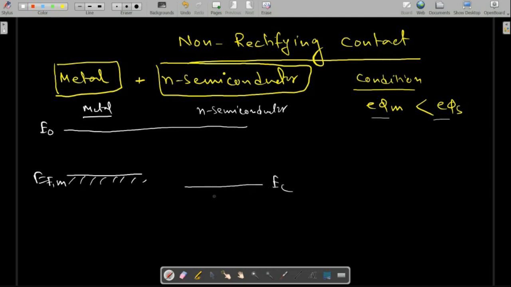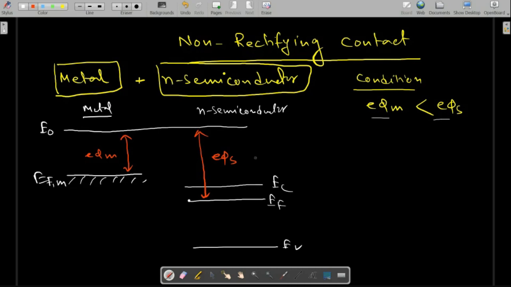The conduction band position is here. Let the Fermi level be here and the valence band here. Okay. So if we draw the position, this is the Eφm, the work function of metal, the distance between Fermi level and the vacuum, so the minimum amount of energy required to transfer the electron from Fermi level to vacuum, so that is the definition of work function. Similarly, for the semiconductor side, Eφs is this one, from Fermi level to vacuum level E0. So this is the individual band diagram, okay.